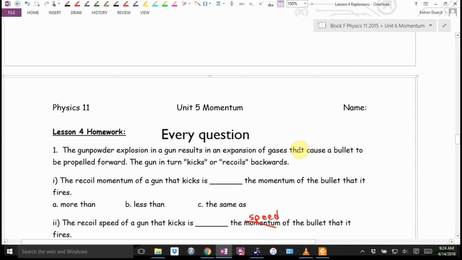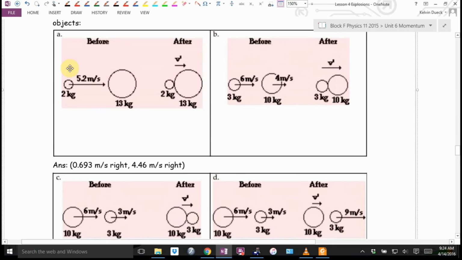Oh, by the way, before I turn you completely loose, these are meant to be collision diagrams. I yoinked these from the internet. Just hang on. So this is supposed to be mass 1, which is 2 kilograms, moving at 5.2. Mass 2, since there's no arrow on it, how fast is it traveling? 0. And then this is supposed to be, they stick together, as opposed to this one down here where I have 2 masses moving and they don't stick. Oh, I can use the magic word. Elastic,